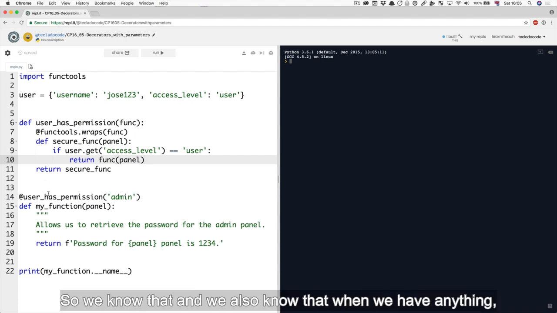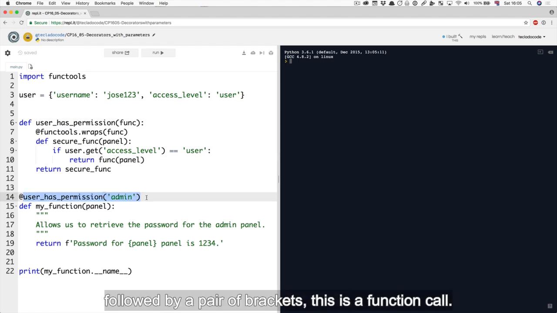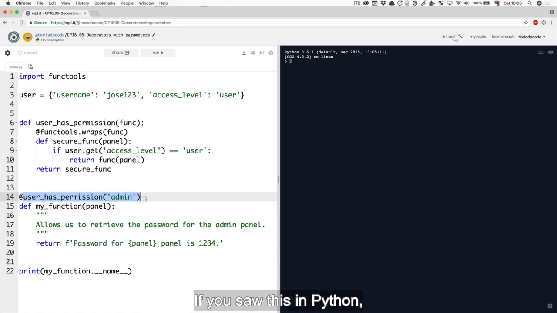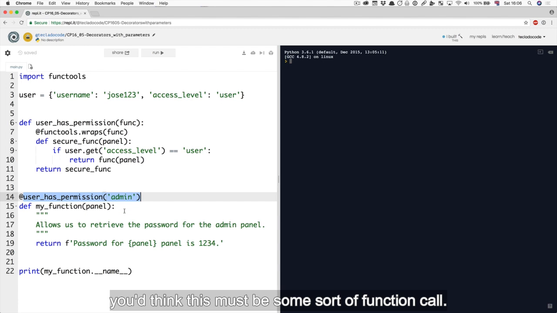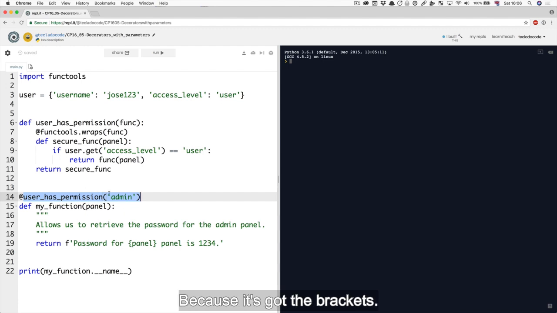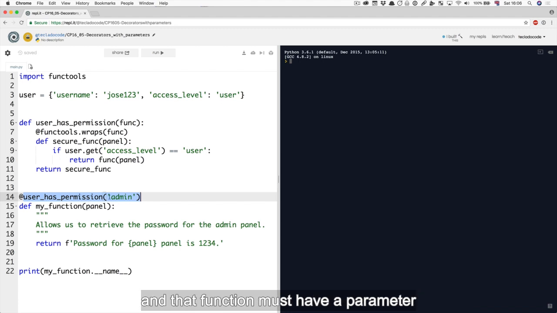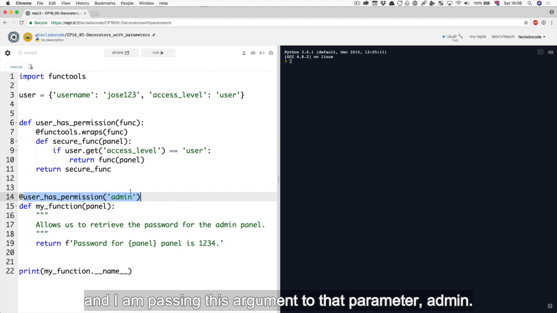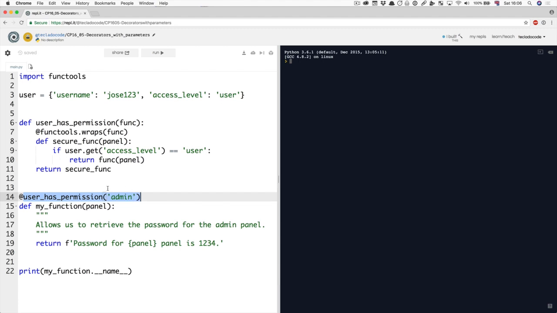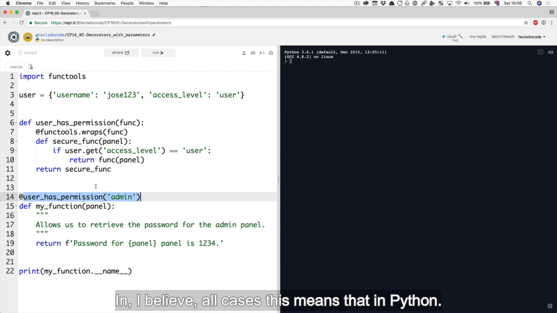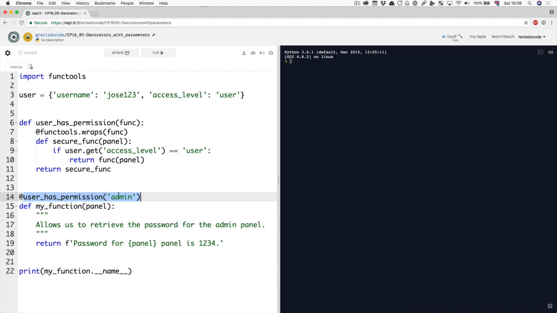So we know that, and we also know that when we have anything followed by a pair of brackets, this is a function call. Let's forget about the @ for a moment. If you saw this in Python, you'd think this must be some sort of function call because it's got the brackets, so there must be a function called user has permission, and that function must have a parameter, and I am passing this argument to that parameter, admin. And I'd say you would be correct. In, I believe, all cases, this means that in Python the brackets means there's a function call. And therefore, there must be a